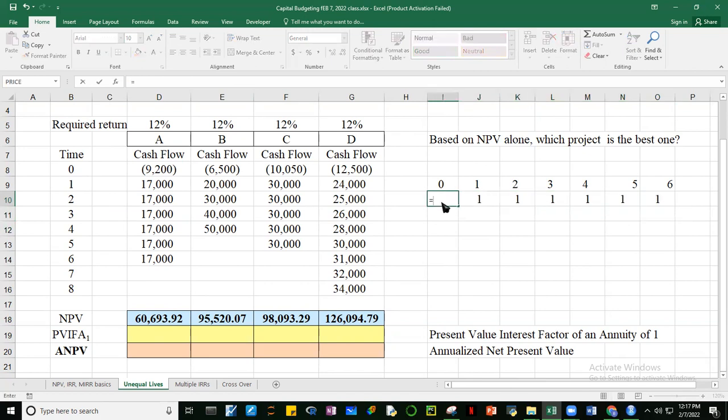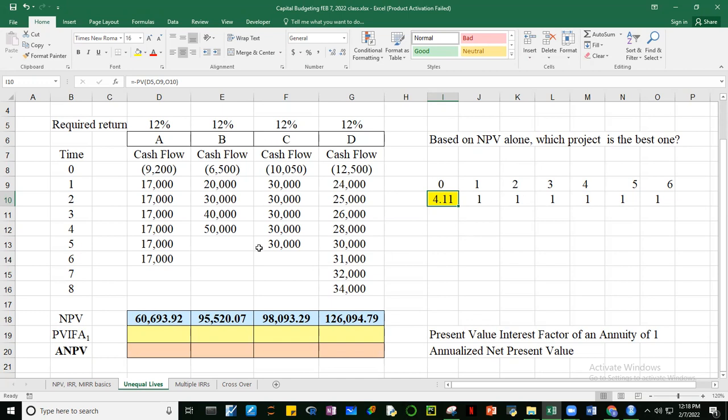Okay? So madaling makuha yung present value niyan. Is equal to negative PV. Para maging positive siya. Negative PV, ang rate natin is 12%. Tama? Ang NPER natin is 6 years to, no? Ang PMT natin is 1. So we look at it as an annuity of 1. 1, 1, 1, 1, 1 for 6 years. No? Okay, and then no future value, etc. Control Enter. All right. So this is what we call the present value interest factor of an annuity of 1.